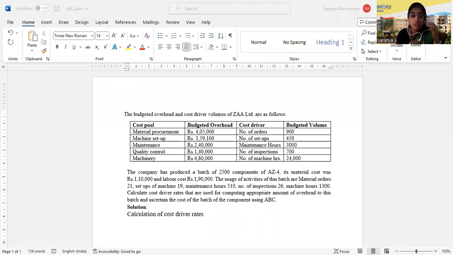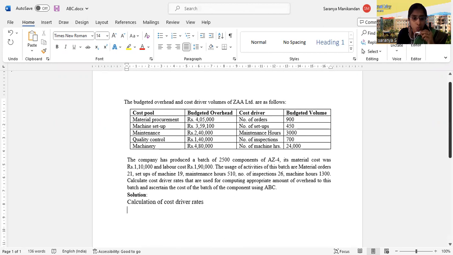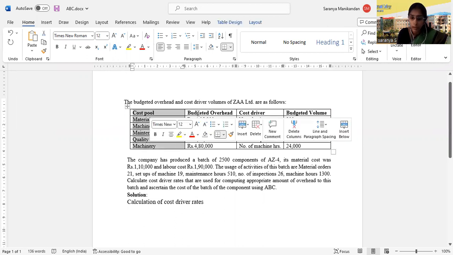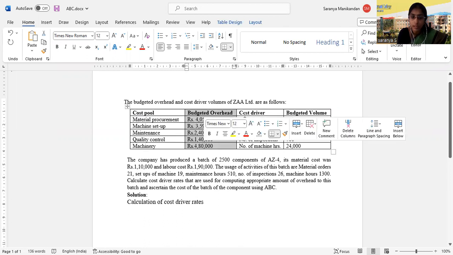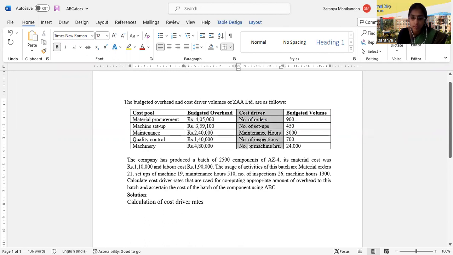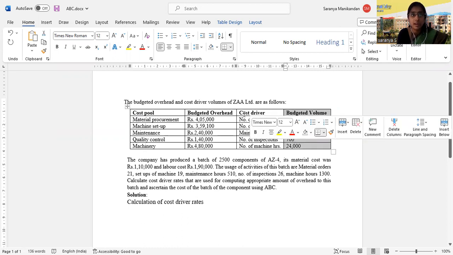Hello everyone. Today we will discuss an activity-based costing sum. The question is: the budgeted overhead and cost driver volumes of AA Limited are as follows. The cost pool is given here. The budgeted overhead amount is given in the second column. The third is the cost driver, with its budgeted volume. A cost driver is nothing but a factor which will cause a change in the cost